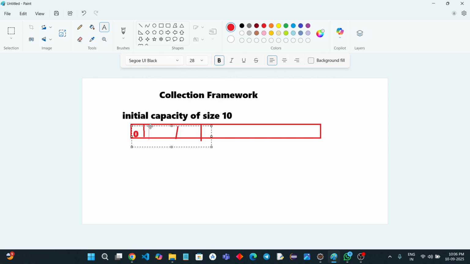It has the zeroth index, first index, second index, and so on, and in the very last position, it has the ninth. So this is the first thing that happens. In the index positions, you can store any value. But if it is an array, it will hold only 10 data. But the collection framework is dynamic. So whenever you try to store the 11th data,